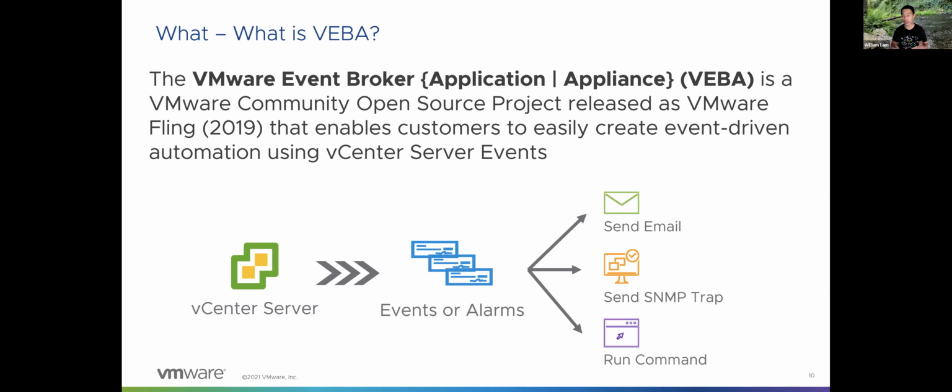Probably not the most friendly thing. It's limited in terms of the types of emails it can send. And most of us are probably generally backed up on email, right? So probably not that useful, but it's there. You also have the ability to send an SNMP trap. This might be useful for monitoring purposes, so specific events that are related to monitoring and troubleshooting might be useful. But again, SNMP is probably not the thing that most people are deriving automation tasks from, and it can get tricky to consume.